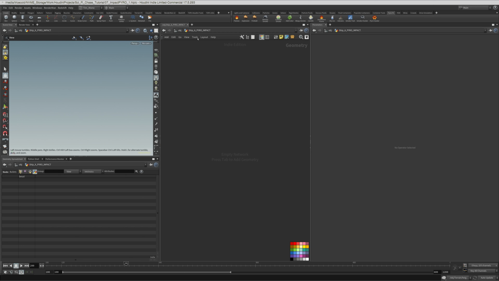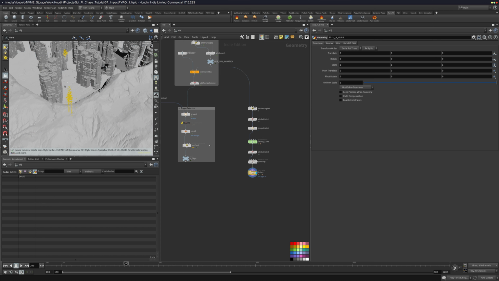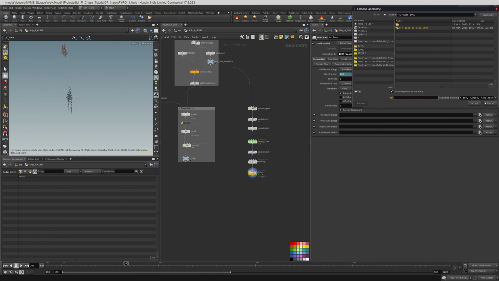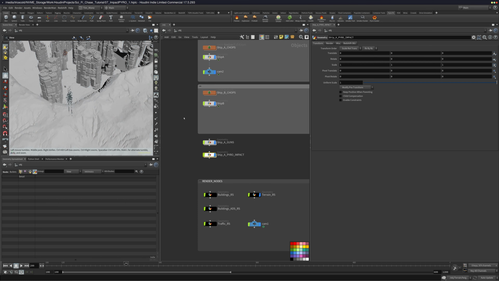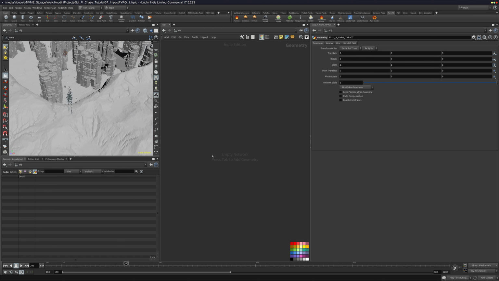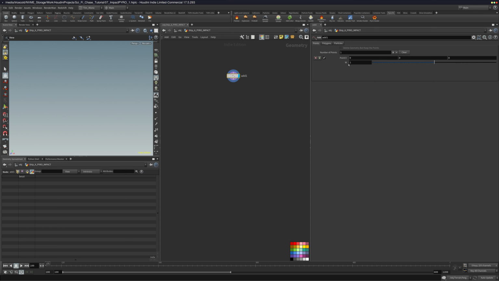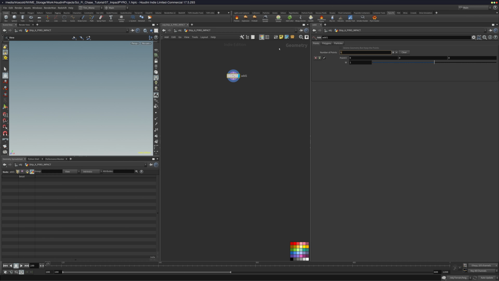So what I want to do now is, I know that I cached out this gun simulation for 500 frames, from 100 to 600. So I want to spawn each of my caches in one frame to see how a ghost trail looks, right? So I'm going to create an add SOP here, and I want to create 500 of these. So it's going to give me 500 points